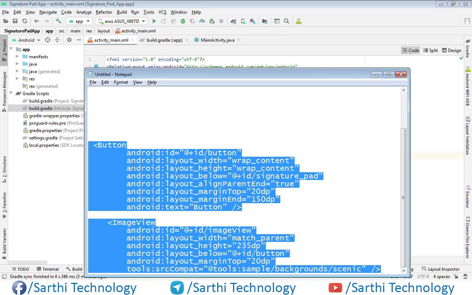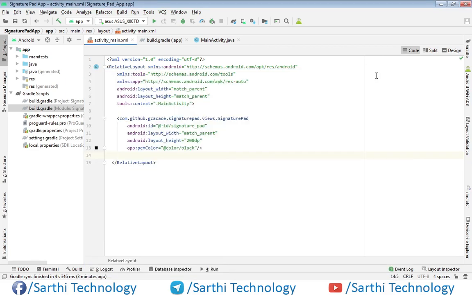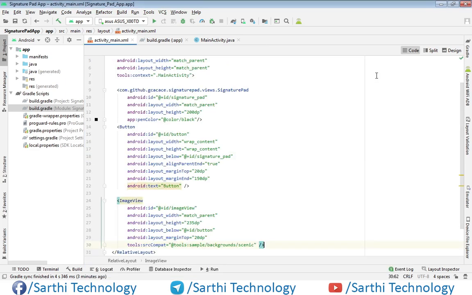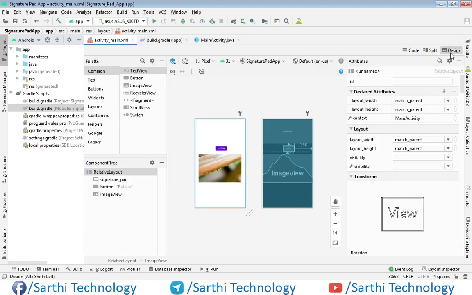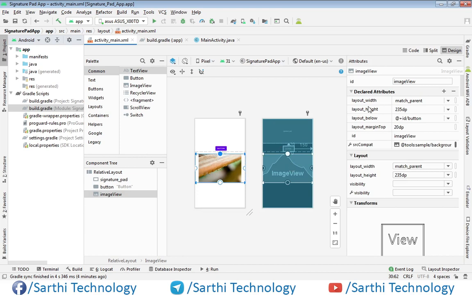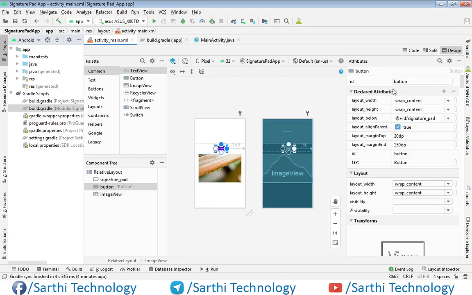I am just copying this and then pasting here. Now here in this design part, you can see we have the signature pad, then one button, and then the image view. The ID of this image view is imageView and the ID of this button is button.